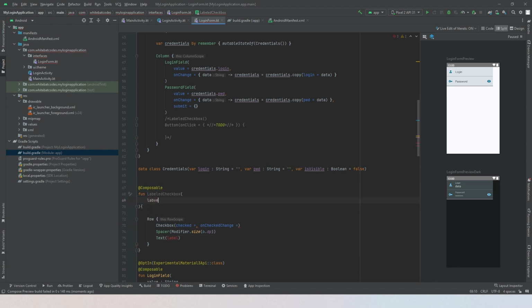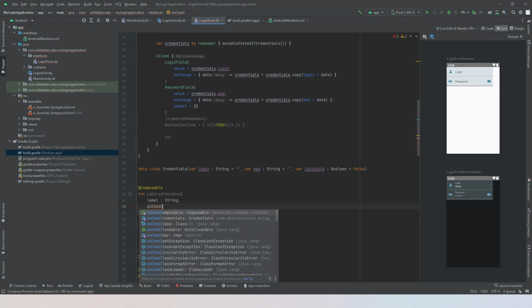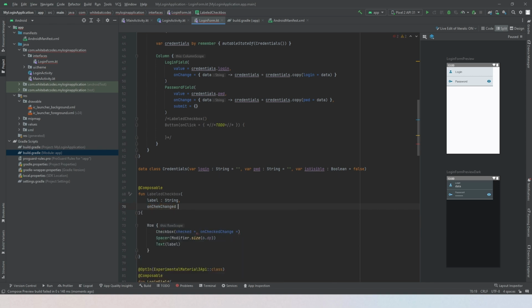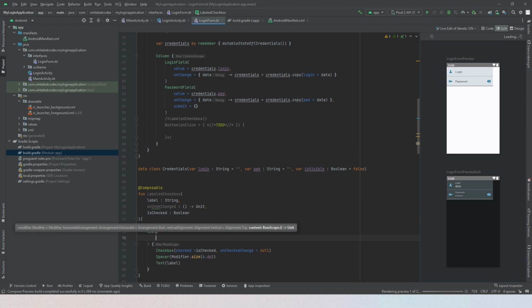So label: String, and onCheckedChange is going to be this Unit, and isChecked is a Boolean. Alright, let's pass this as a parameter here. This is going to be null because we're going to move the click to the row itself. So onClick,